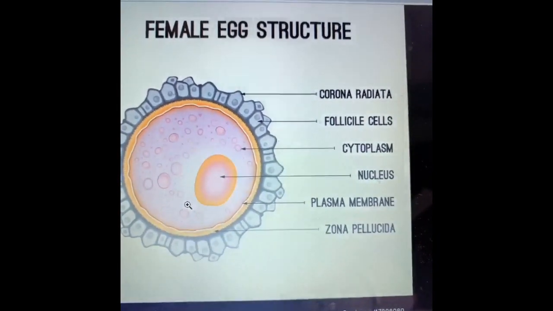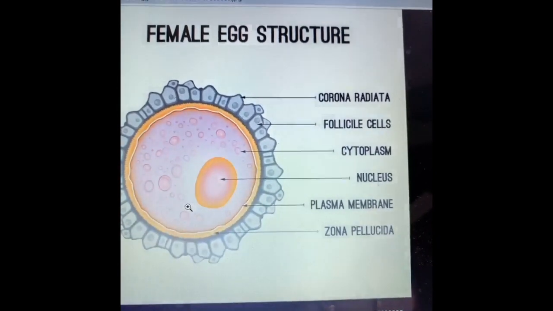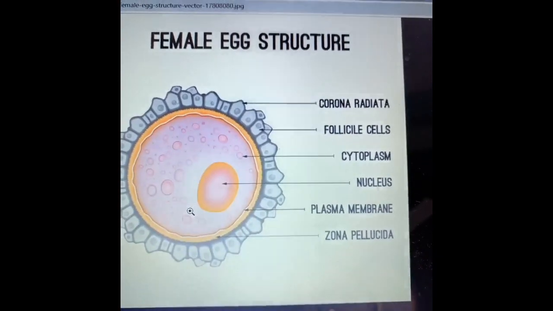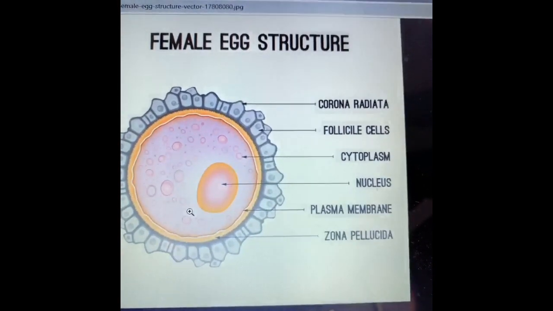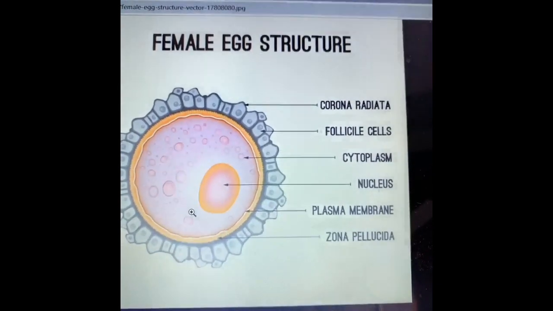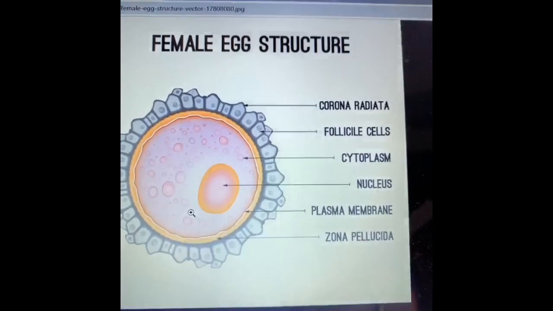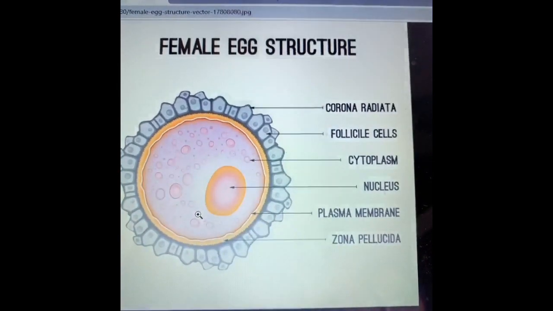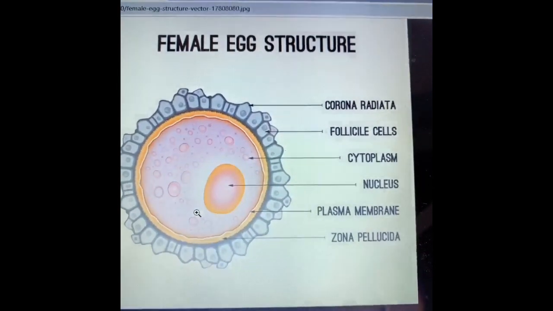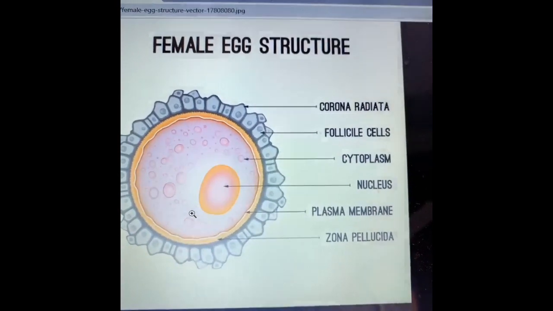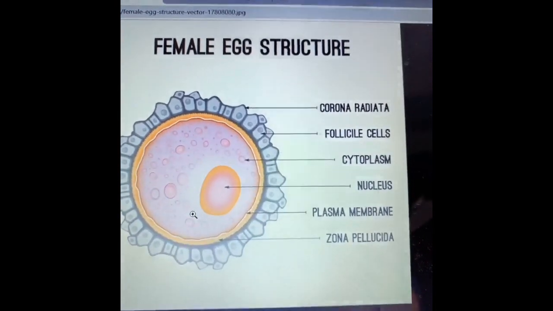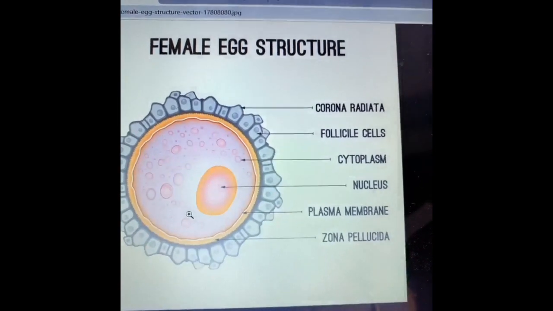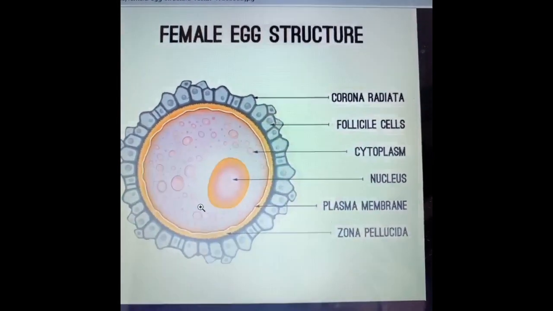The ovum is a rounded, non-motile cell. In human, the ovum is yolk-free. There is an abundance of cytoplasm, which is called the ooplasm, and there's a large nucleus which is termed the germinal vesicle. It shows a prominent nucleolus too. It is not showing in this particular structure, but a dominant nucleolus is seen.